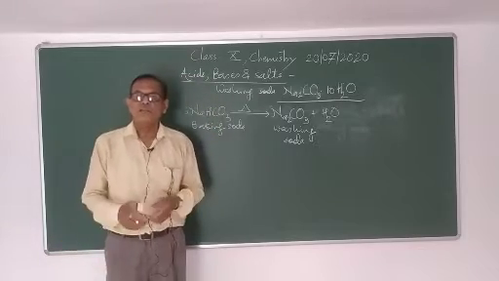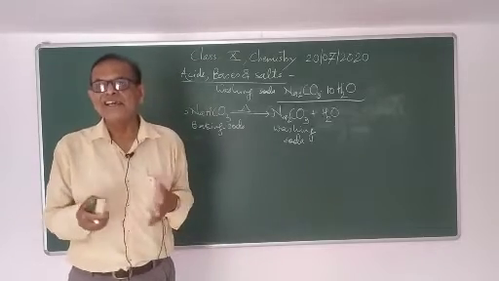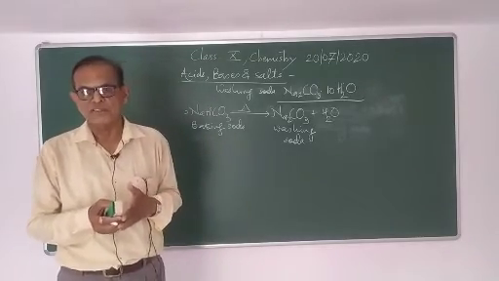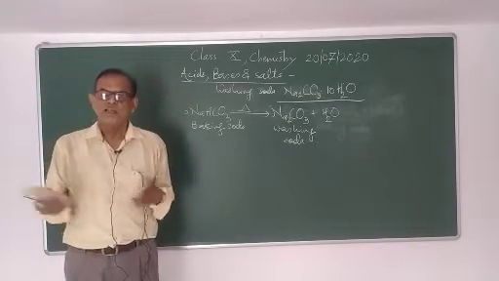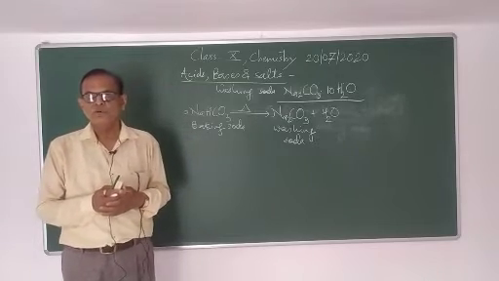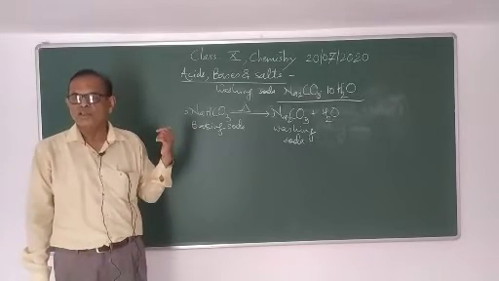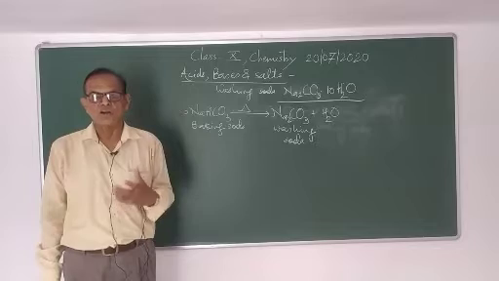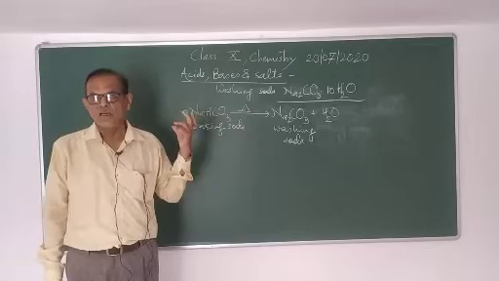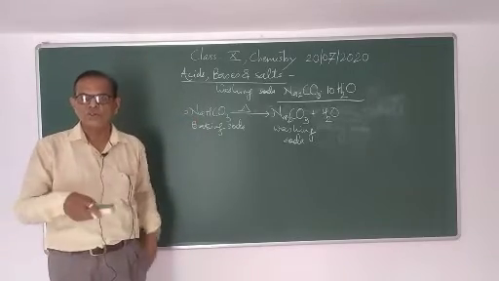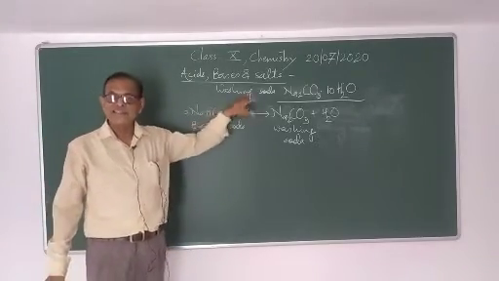Now what are the uses of washing soda? Washing soda is used as a cleaning agent for domestic purposes, because in the early days, 30 years back, we were washing our clothes using washing soda. Hot water is taken and we add 1, 2 or 3 spoons of washing soda, and then we soak our clothes in that solution, and thus it is used as a cleansing agent.